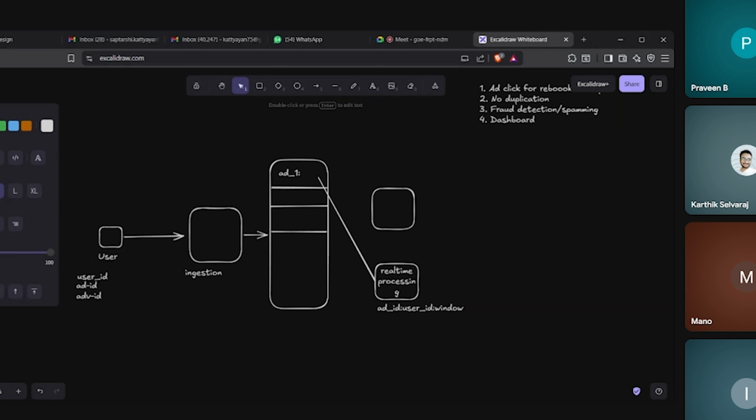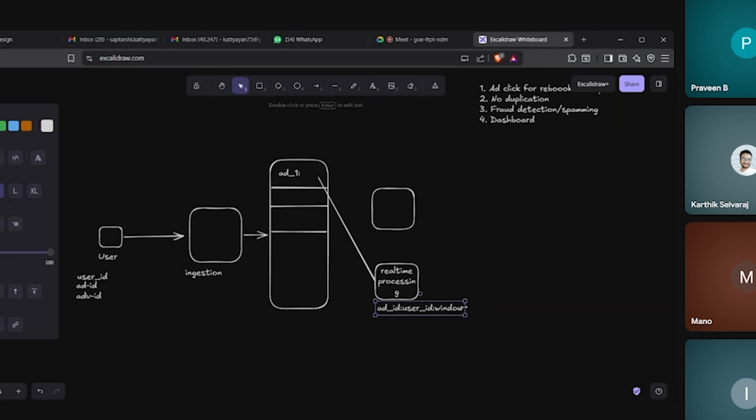After the 24 hours expire, it will be considered a new click. So for every 24 hours the clicks are counted, and if any new click is made, we can look into this cache and find out if it is a duplicate click. If it is a duplicate, we will not process it.